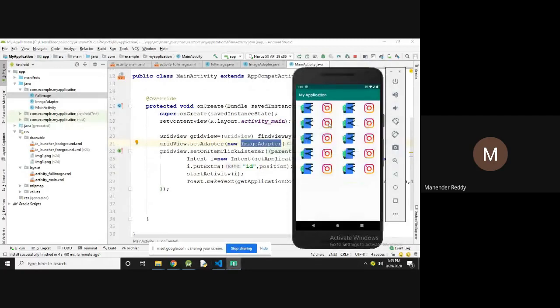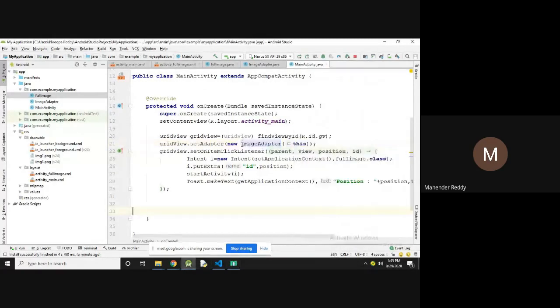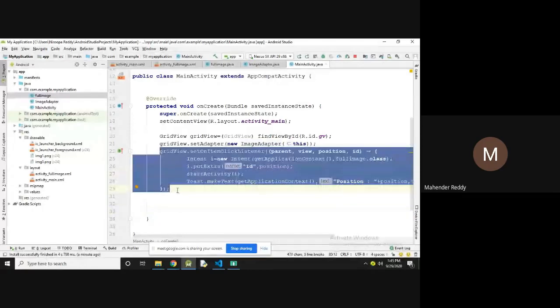After that I need to get each item in full screen mode. So for that full screen I'm going to add the set on item click listener for each item. Normally for a button or text we use the set on click listener, for individual components. Here grid view consists of a list of components. If you want to apply an action on a list item, for example your contact list, whenever you click a contact, it will display the details of that contact. That is the set on item click listener. So for the grid view also we are using the set on item click listener.